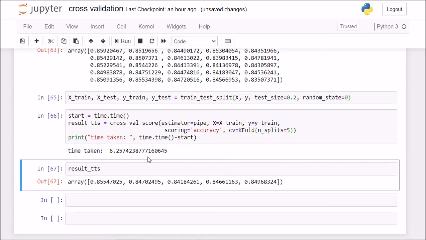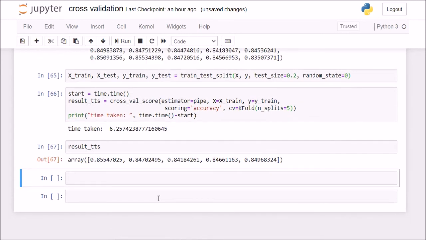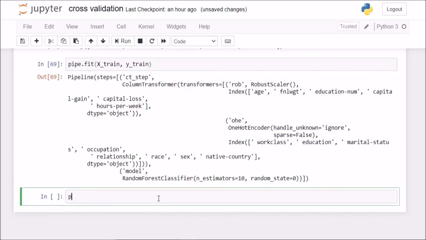Now I can check if my testing data is also generalizing well onto this training data. What I'll do is first fit my x train and y train onto this pipe object, and after fitting it I'll calculate my score.